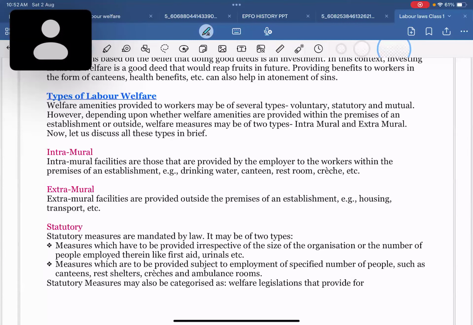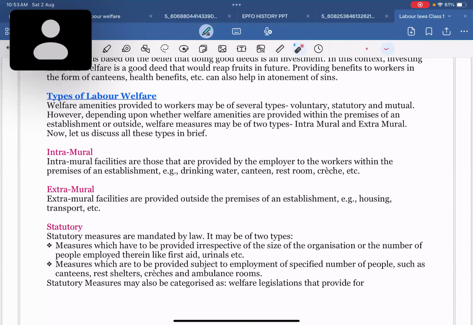Okay, so types of labor welfare. Welfare amenities provided to workers may be of several types: voluntary, statutory, and mutual. However, depending upon whether welfare amenities are provided within the premises of an establishment or outside, they are classified differently. Intramural facilities are those provided by the employer to the workers within the premises of an